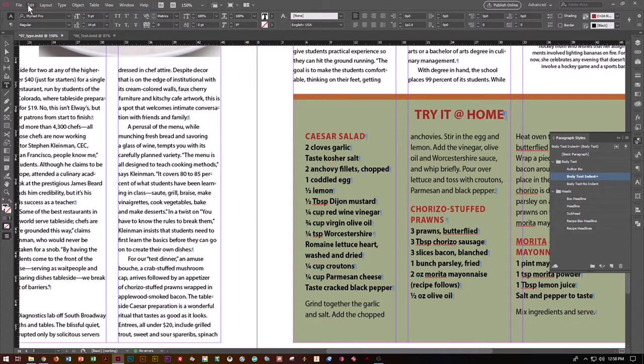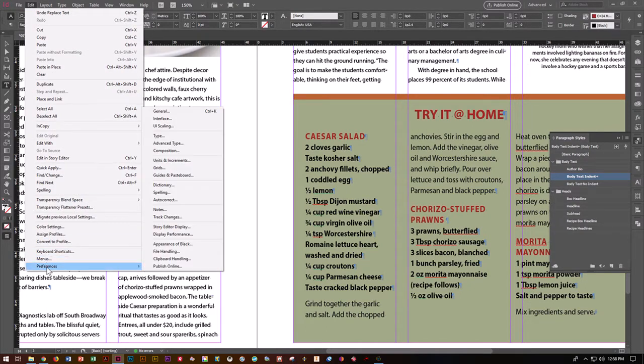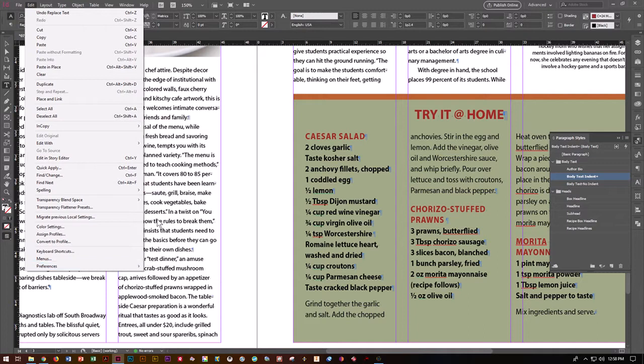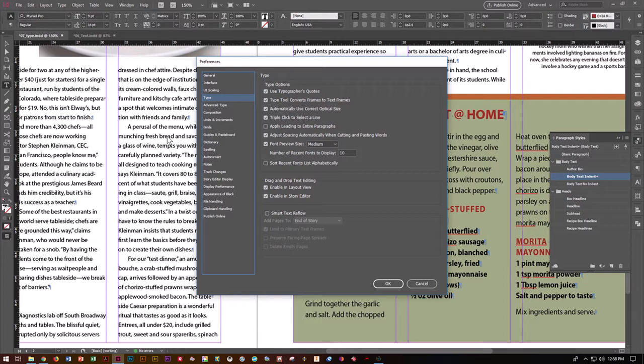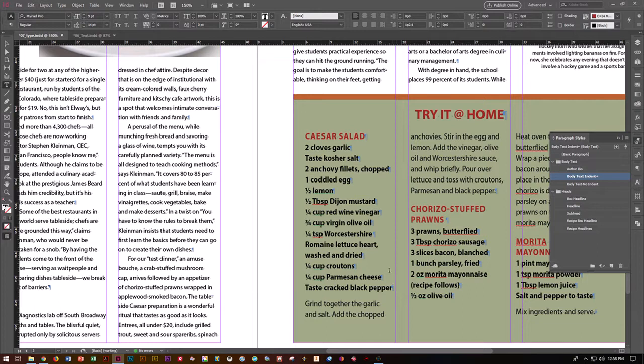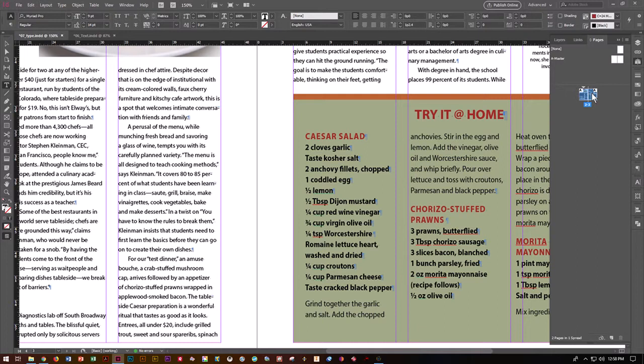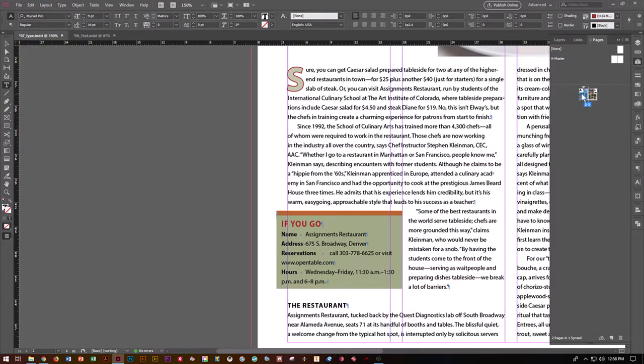In order to do that, we need to go to Edit and Preferences. We need to go to Type, which is right here. And in here we want to make sure that we put Enable in Layout View, which means when we're in our layout, we can drag and drop and move things around. So let's say OK. So we're going to go ahead and do some drag and drop up on the very front page. So I'm going to go up here to my pages, go to here to my beginning,